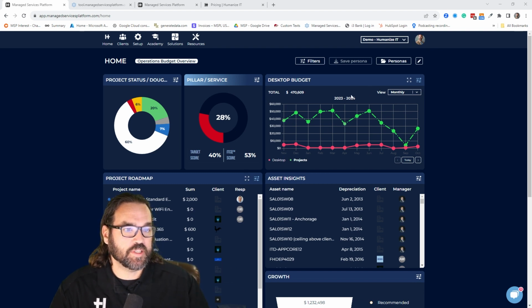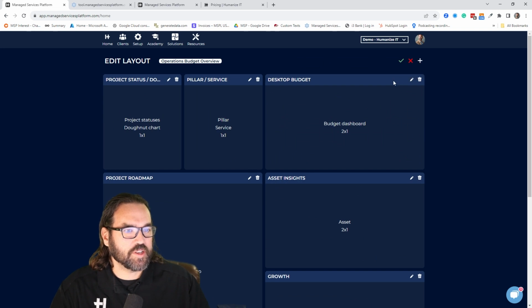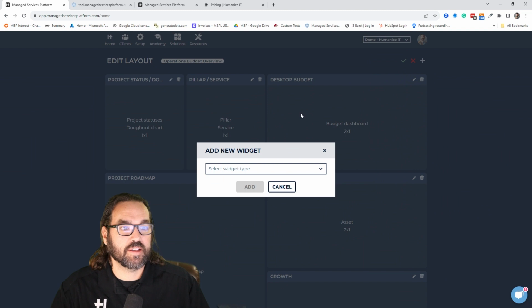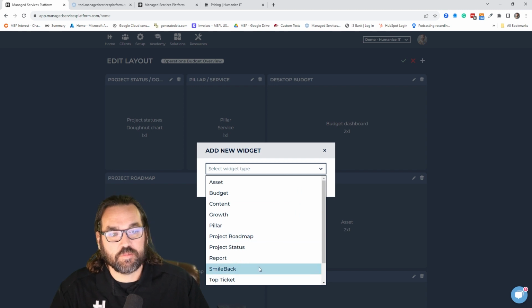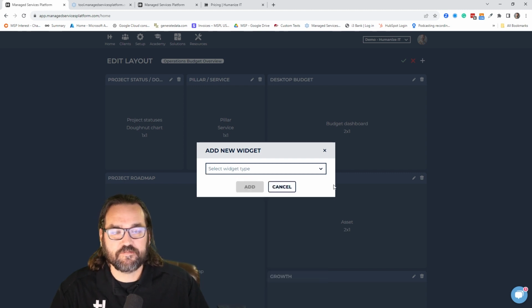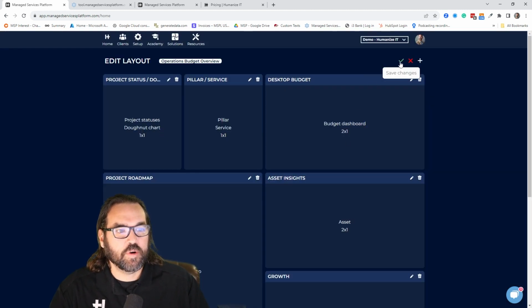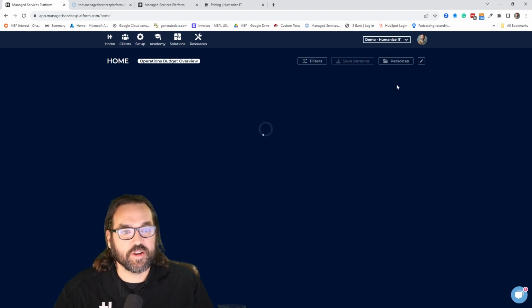We have specific budget tools that you can pull up, and these are all widgets, so you can actually add in what you need to. For instance, if you need to do a side-by-side comparison of your desktop versus laptop budget, you can, and show that across all your clients. Want to put your Smileback widgets in there to see your CSAT scores? There we have it. You put the information that you want to see at your fingertips